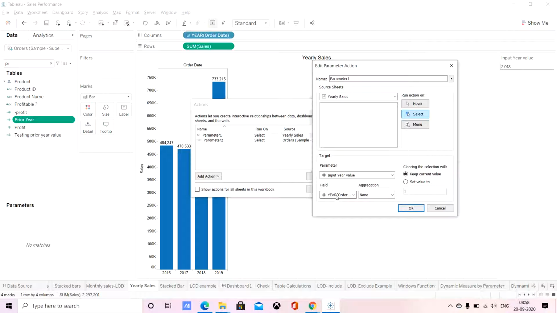And now the field, so year of order date. What field I have here on my column, the same field I'm using. Even if you drop down here, you will get the options. There are two options: one is year of order date, and second is sum of sales. Obviously I'm not going to use sum of sales. I'm going to use the year of order date